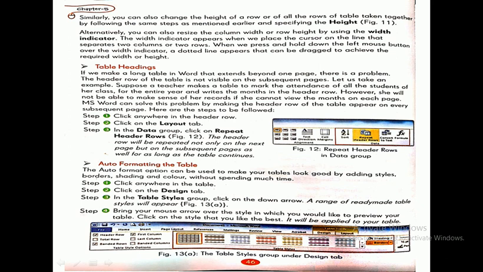Repeat Header Rows. Click on it. The header row will be repeated not only on the next page but on the subsequent pages as well,